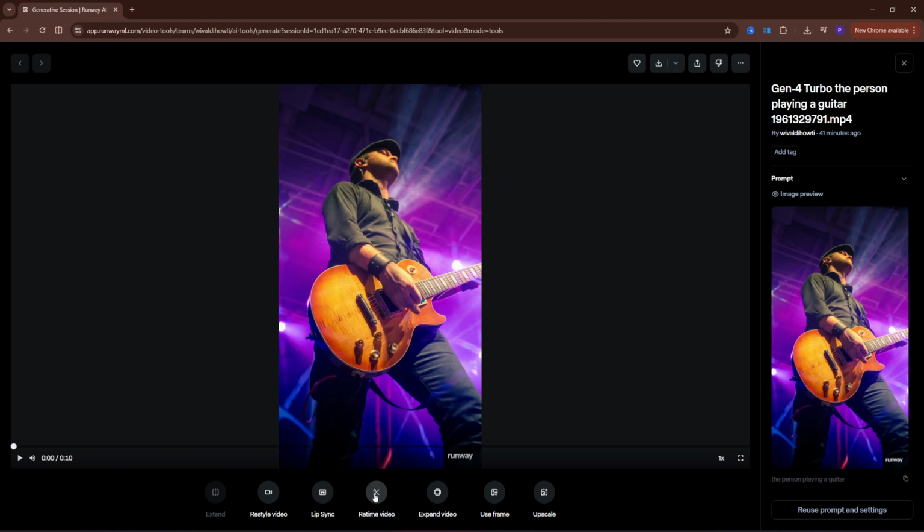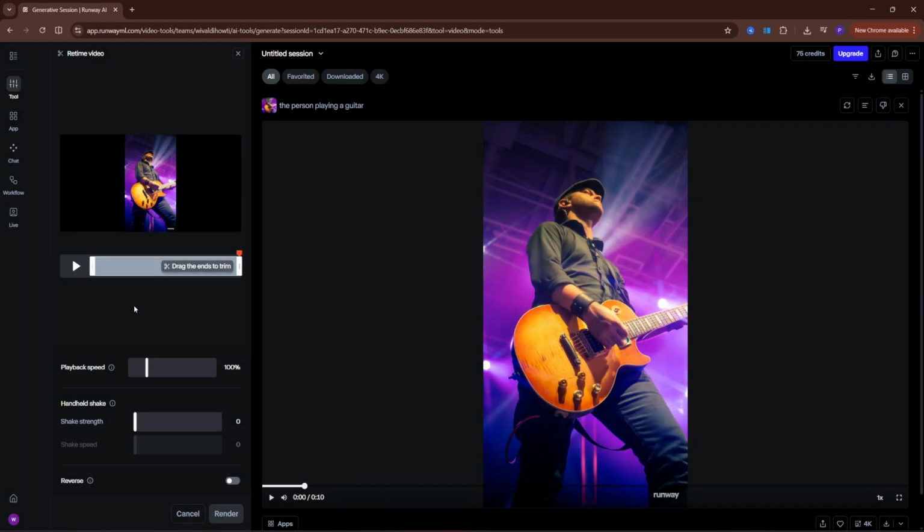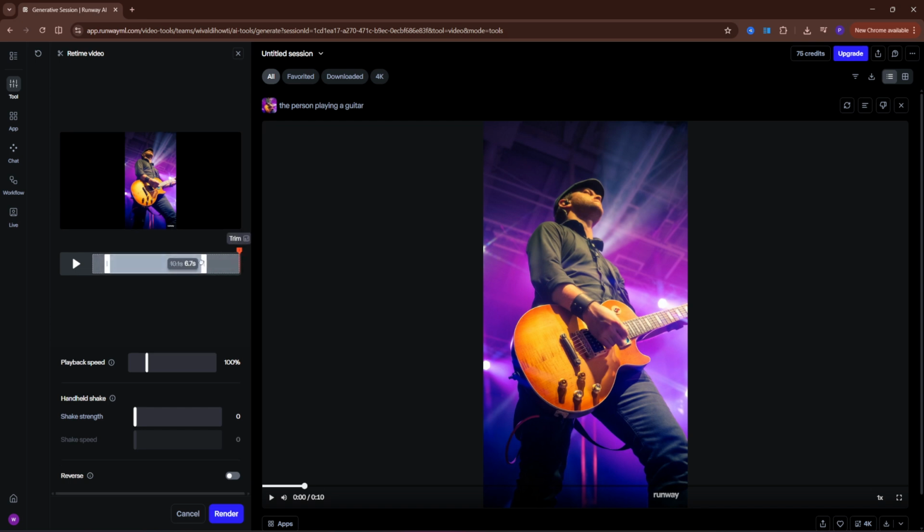Now what we can do is click here on retime video, and this will basically trim your video. If you look on the left side here, you have some menus, so basically the tool. And here, as you can see, if you move this, you will trim the video. So you can also see how many seconds are left. So if I do it just like that, the video is now